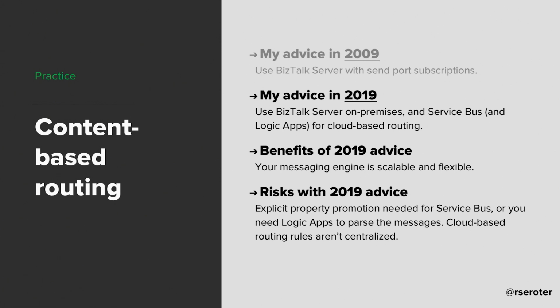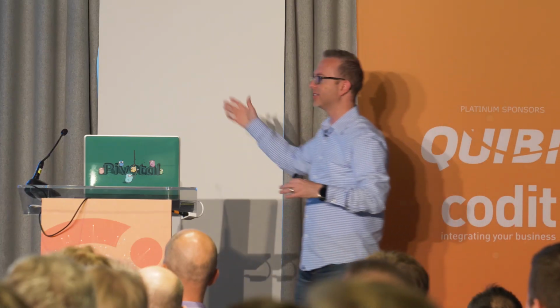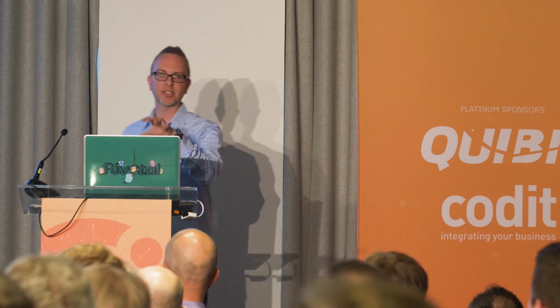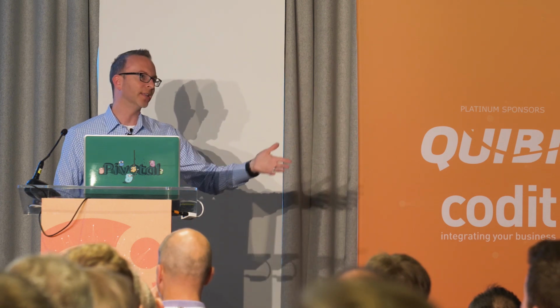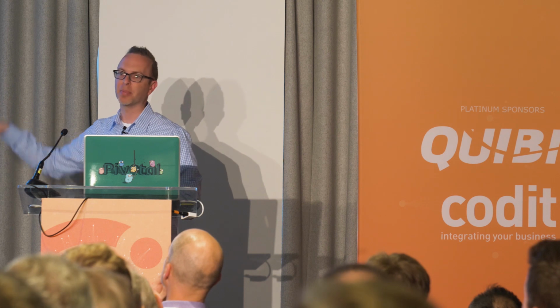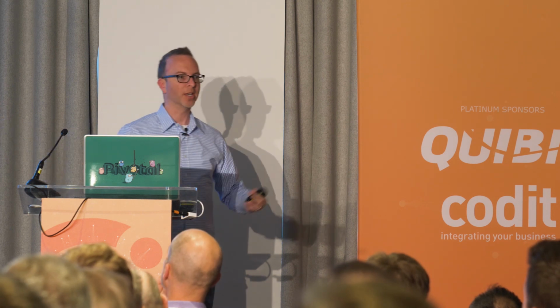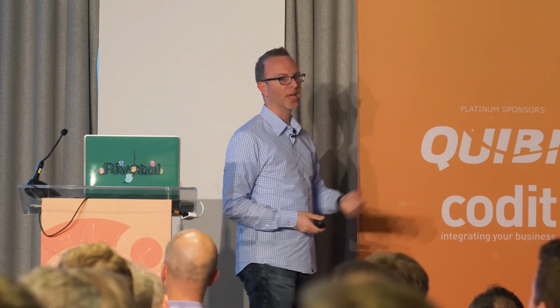That was nice back in the day where I could just pull up and see all the different SendPort subscriptions. Now things are just flying and zipping all over the place in different accounts, how do I have a sense of who actually is listening on this data point? So you have to think about that. You're losing centralization while you're picking up scale and flexibility. What's going to matter more there?